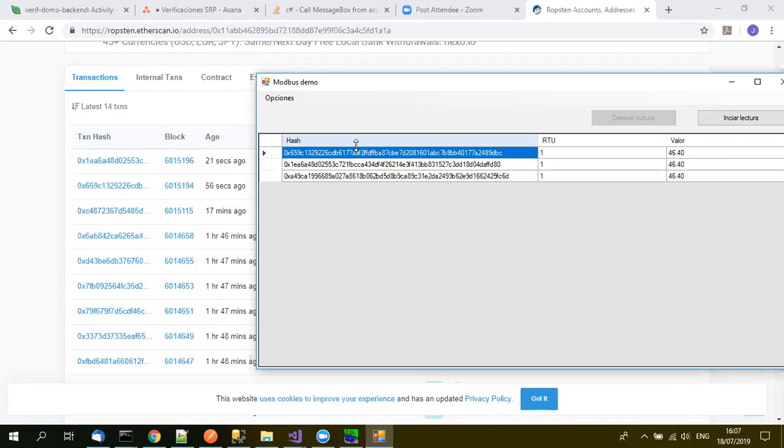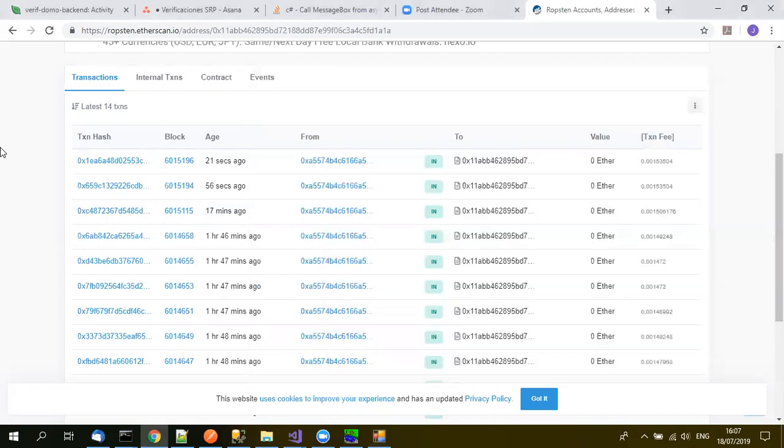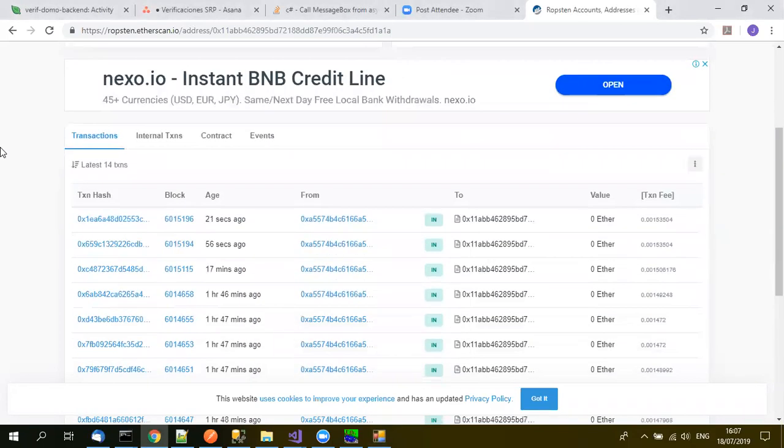If you refresh again, you'll see all of them. One of them was pending a block. Just refresh the web page. You'll see the third one pop up. There's a